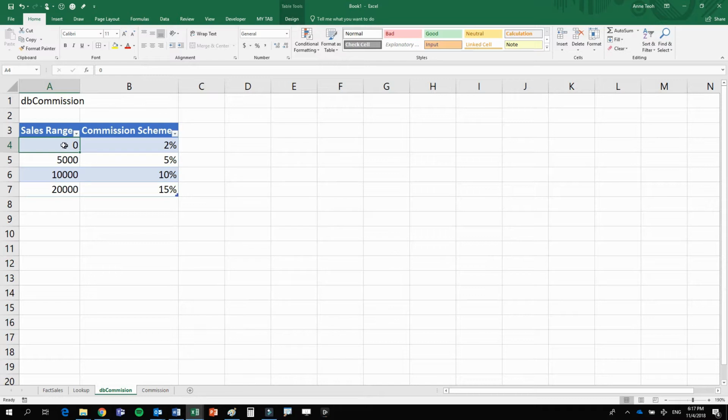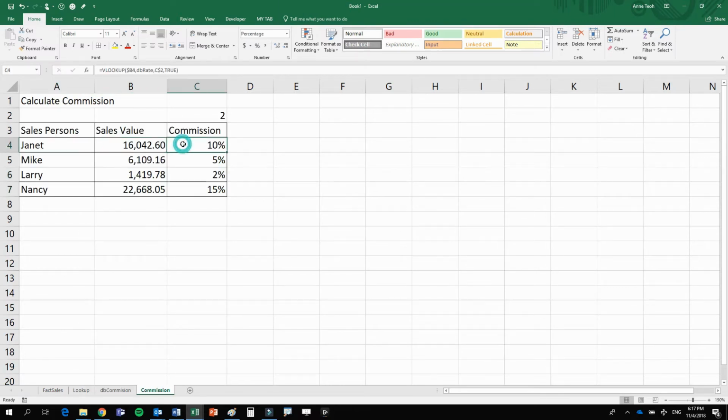If yes, it proceeds and asks, is 16,000 greater than 5,000? If yes, we move on. Is 16,000 greater than 10,000? Another yes. Is 16,000 greater than 20,000? If the answer is no, VLOOKUP automatically says, I do not belong here; instead I belong one level up, which is here. Hence, Janet is